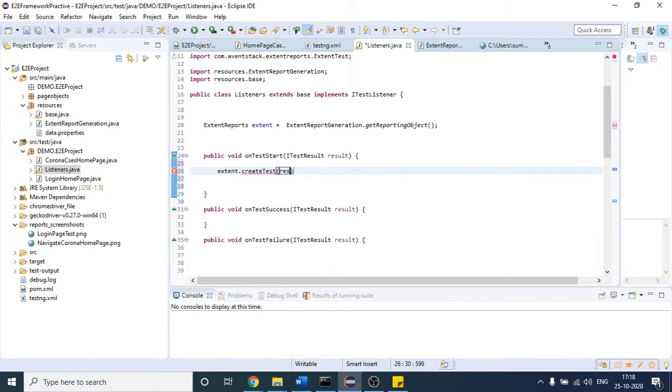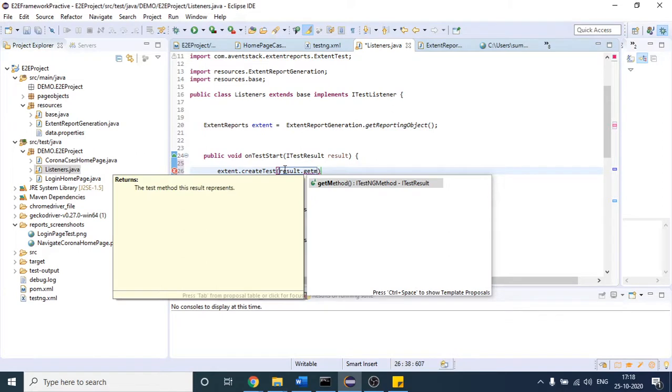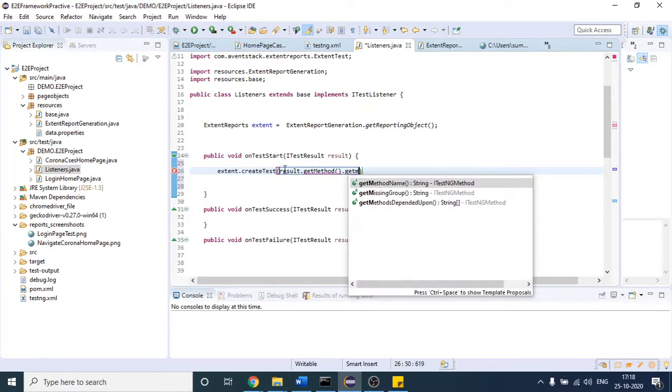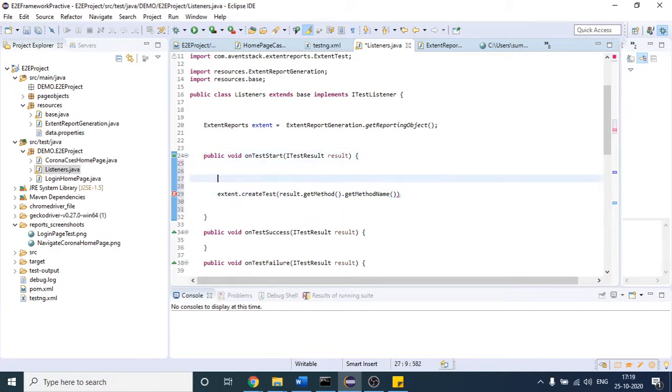To get the test case name, result has the capability of holding that test case name. So just like we did yesterday, you can say result dot get method dot get method name. Let me also write that in a string variable, so that when I debug, I will show you this is the exact test case name it pulled at runtime.